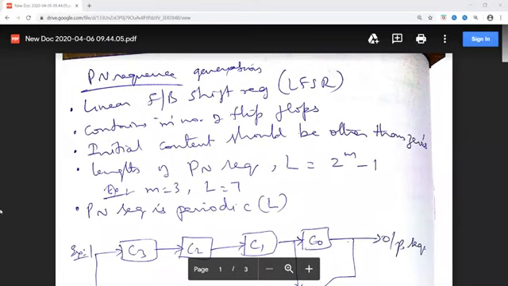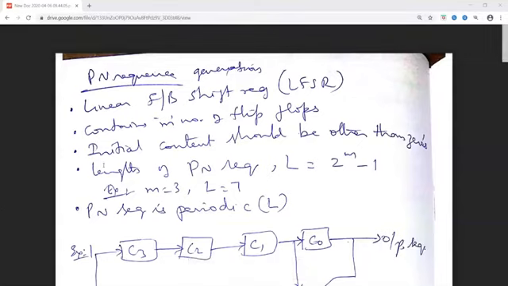So let me come to this PN sequence generation, how we do this. I'll explain 2 examples here for your convenience. To start with, this material, whatever I am using today, I have not given you, but the same thing I will upload into your WhatsApp group after the lecture. Now let us come back to PN sequence generation.